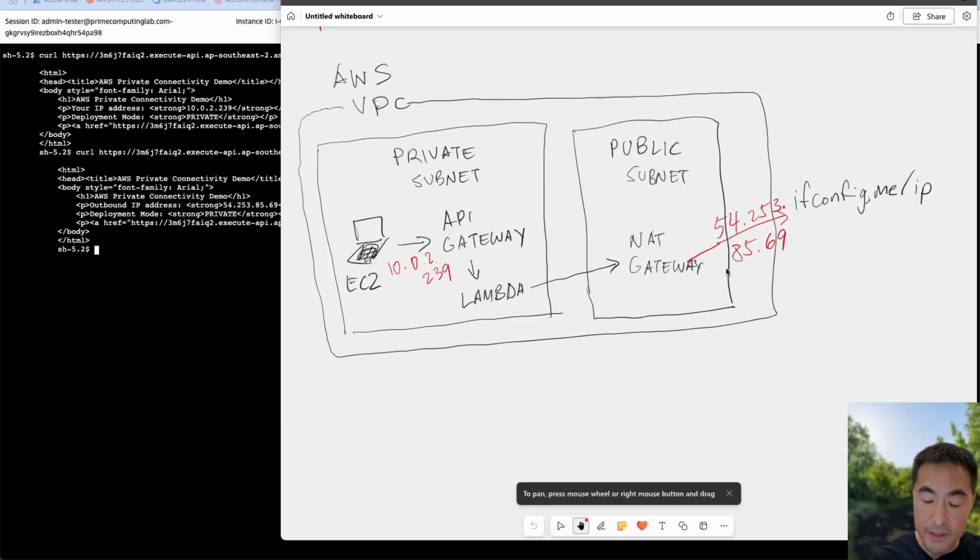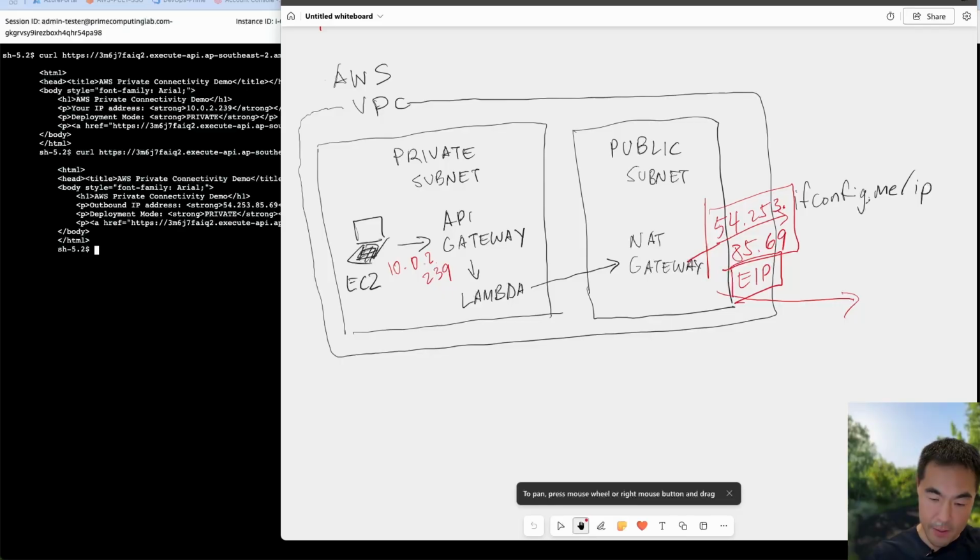That's different to the outbound IP address that we were seeing before we made it private without the NAT gateway. This is important because the 54.253.85.69 address actually represents an Elastic IP that we've created as part of this private deployment. And now we have control over this IP address. We know what it is. It is static. And that's something we can configure on external calls that our Lambda is making. For example, if it's making a call to a secure service that needs to whitelist my IP address, then I can give them this public IP,